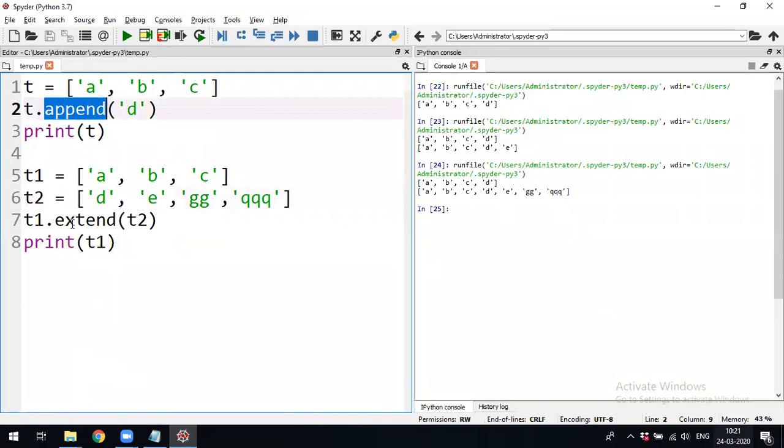The main difference between the append function and the extend function: for a single element that you want to add at the end of the list, use append. For more than one element, you can pass them directly, or store them inside a list and pass it as an argument to the extend function. You have to include which list you want to extend: T1 dot extend of T2.